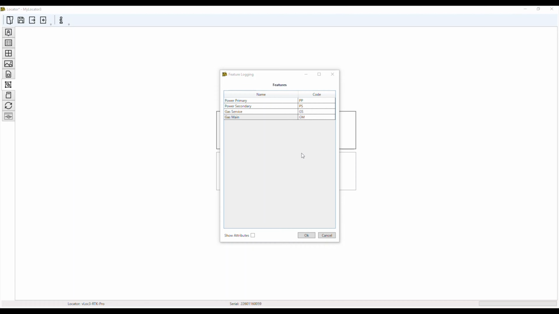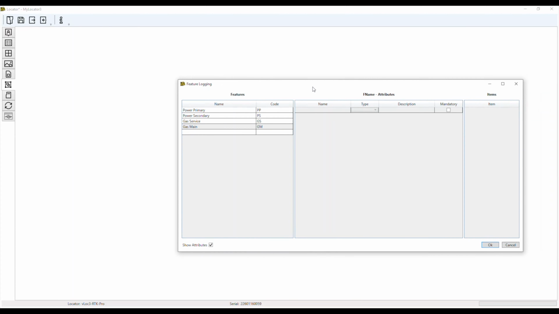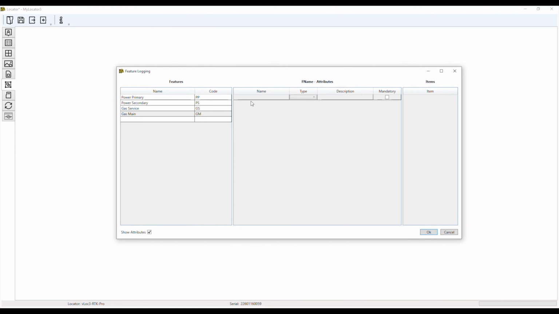All right, so let's say that we want to add a little bit more information to these feature codes. Let's say, for example, the gas service. I want to know whether you hooked up using trace wire, which means it's plastic pipe, or is it a steel pipe and you direct connected to it. So all I'm going to do is go down and click this show attributes, drag the screen over a little bit, and I'm going to go here and name it something. So we're going to go ahead and name this. So we're going to say pipe